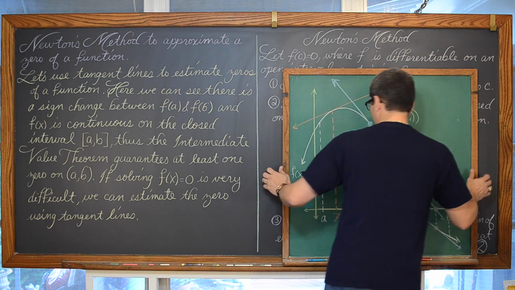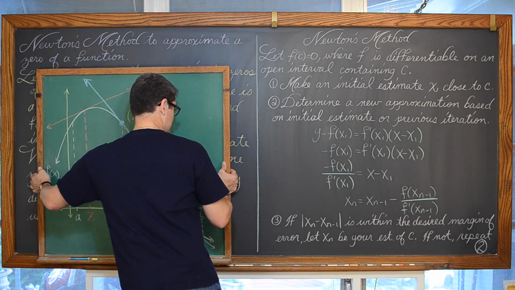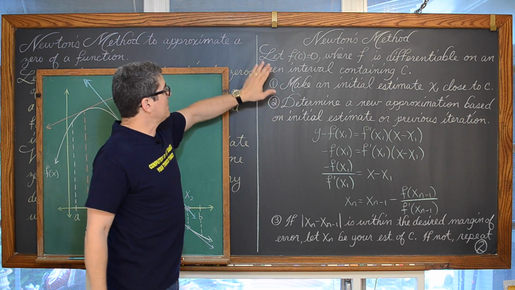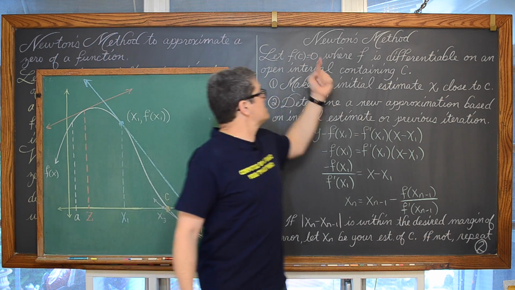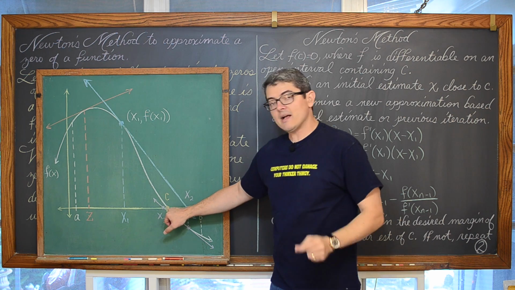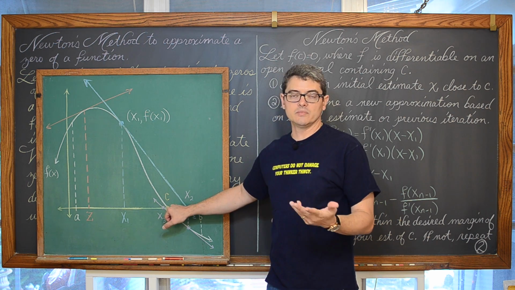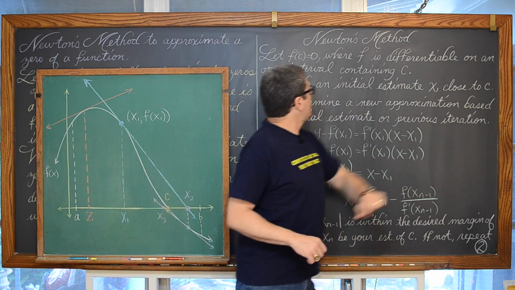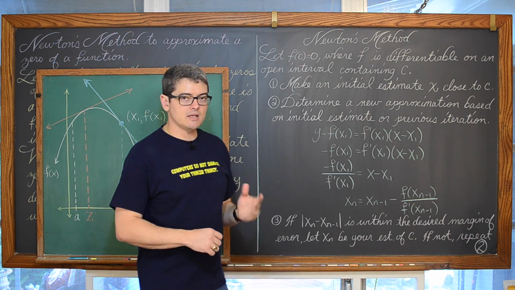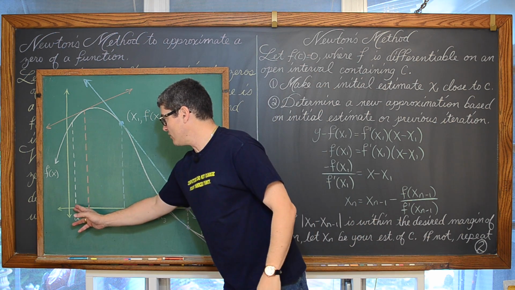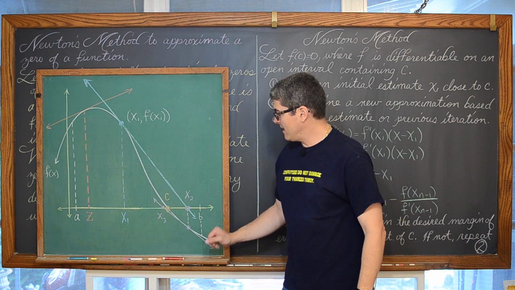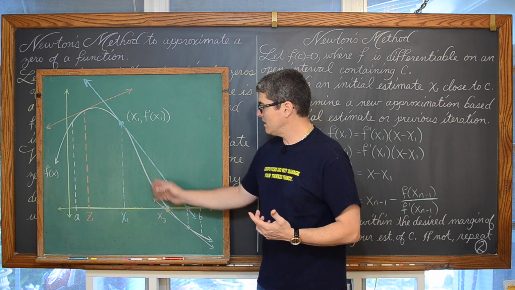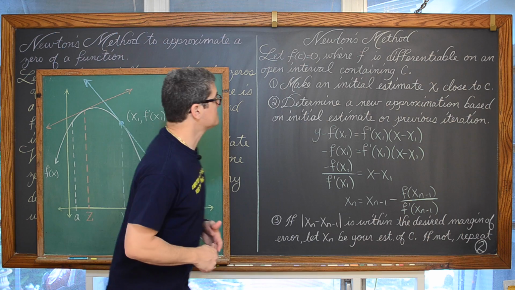So let's get this out of the way and look at the three steps that we are going to need to work through in our three examples. For Newton's method, we're going to let f of c equal 0. So that's just simply saying that we're going to let c be the x value for which the function is equal to 0, or it's crossing the x-axis where the y value is 0, where f is differentiable on an open interval containing c. So we have the open interval from a to b, and that open interval is surrounding the area where the function crosses the x-axis.